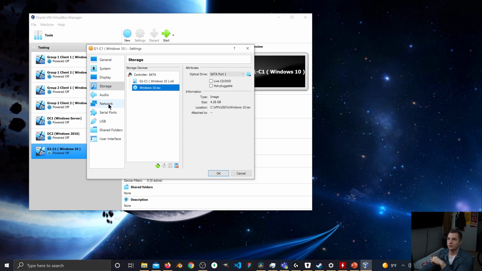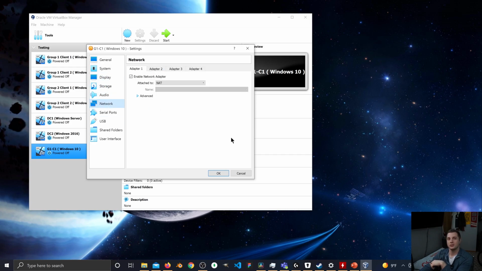Okay, audio, networking, we definitely need to change this. So right now, NAT, Network Address Translation, this would give us the ability to reach the internet with our VM. We will not be able to, say, if I had a different computer that I wanted to connect to this VM that we're about to create, I want to be able to do that with this protocol. We would need a dedicated NIC for that, which we can get into later if we need to, but for the time being,